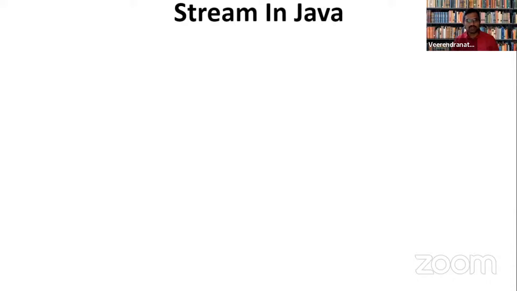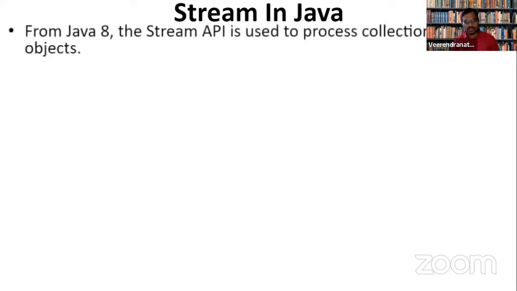Streams are a very essential part of functional programming. Whenever I talk about a stream, it is generally a flow of information in a program. From the inception of Java, streams were not available as a part of Java programming. Slowly, when they had tough competition from programming languages like Python, they introduced this in Java 8, and the stream API started to be used.